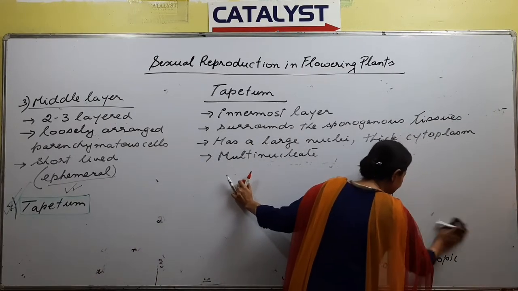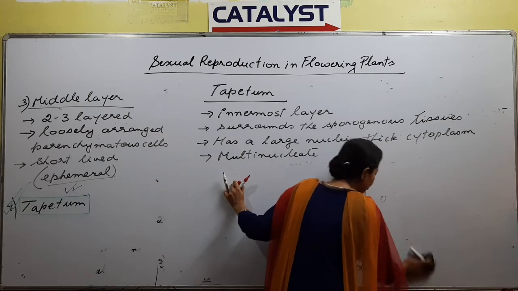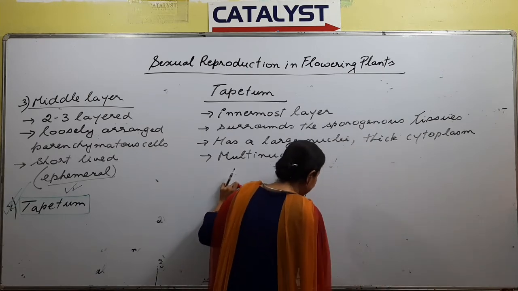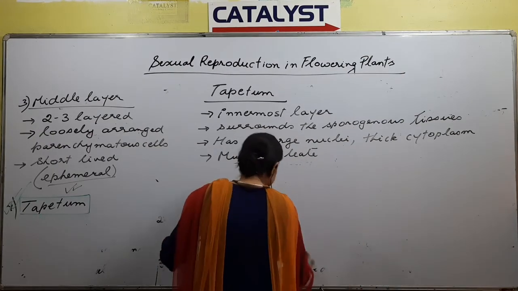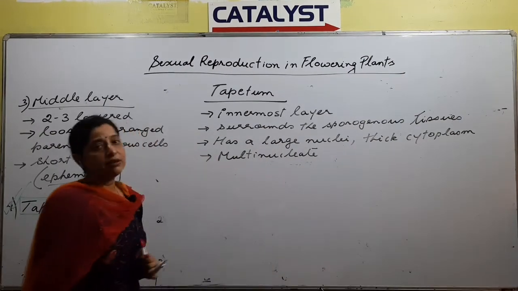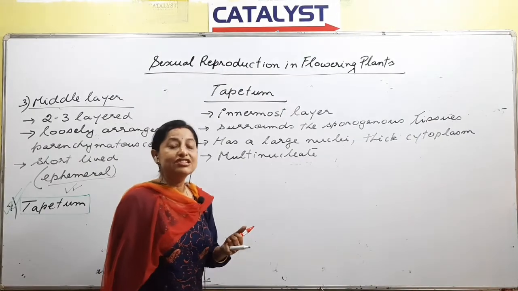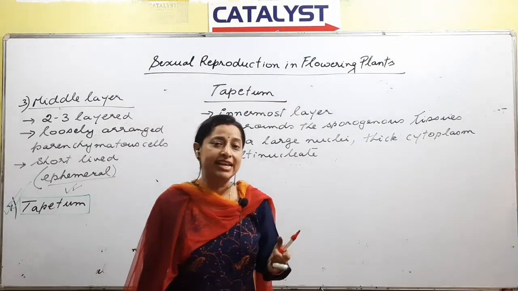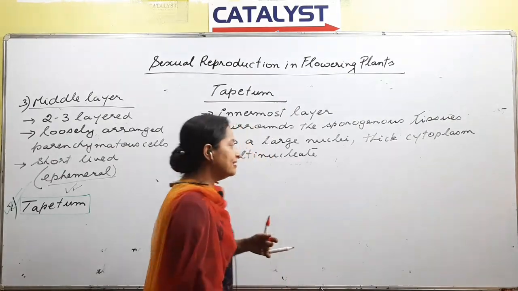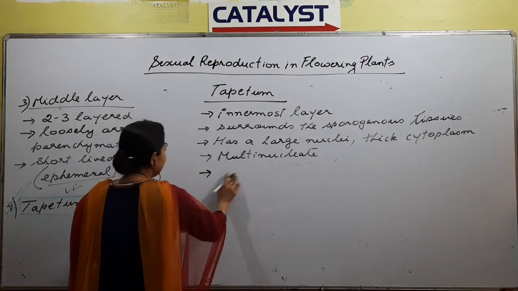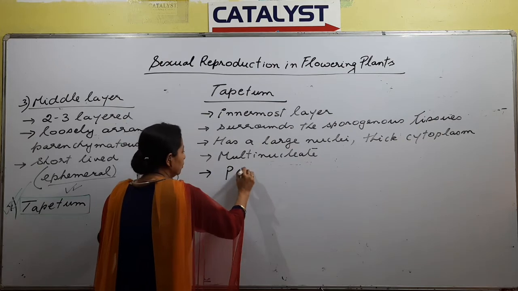Multinucleate mane ki? Generally what we know is each cell has a single nucleus, but if a cell has more than one nuclei, it is called as multinucleated condition. So a question might be asked as multinucleated condition is a characteristic of dash cells. So multinucleated condition is a characteristic of the tapetal cells. Next, they show polyploidy,